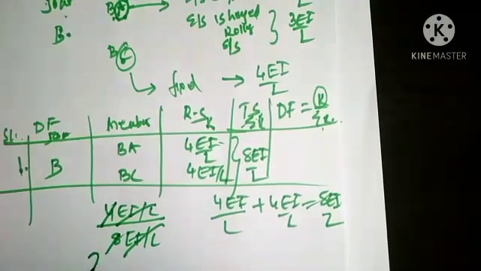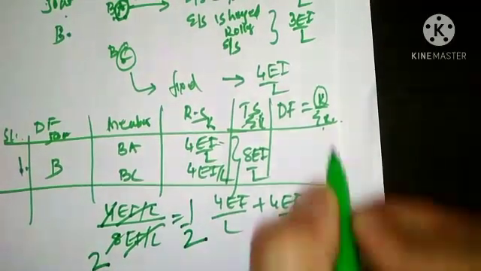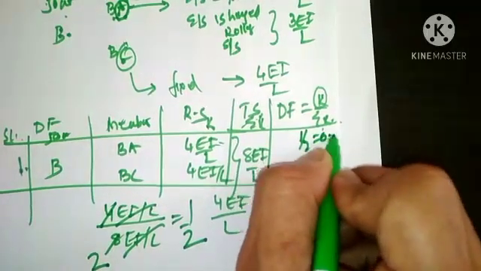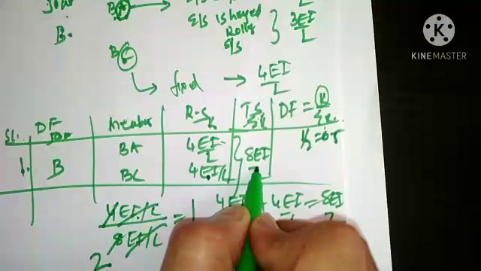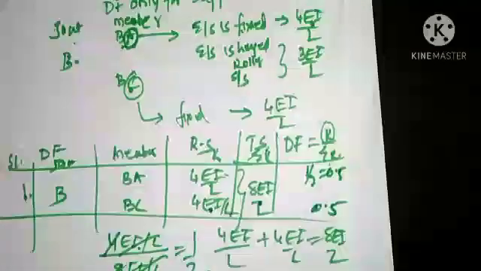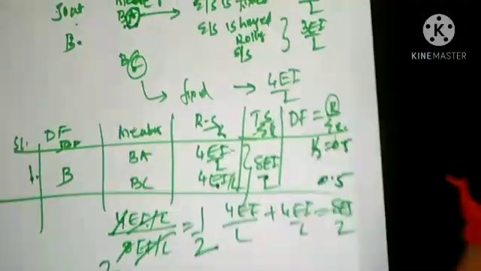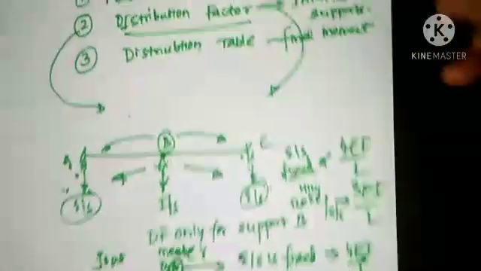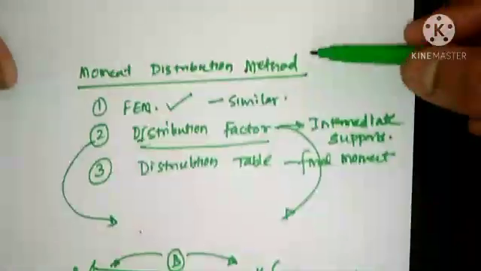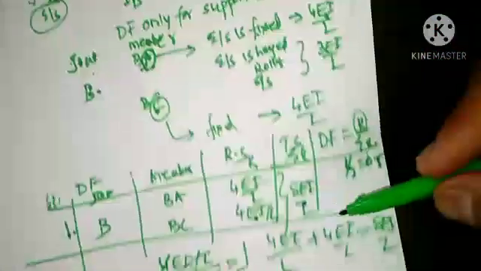4 ones are 4, 4 twos are 8. So you will be getting it as 1 by 2. So this is 1 by 2, which means 0.5. Similarly, 4EI by L here divided by 8EI by L, again this shall come as 0.5. So this is how we are supposed to find out distribution factor. That is the second step that will be required to solve by moment distribution method, that is nothing but the